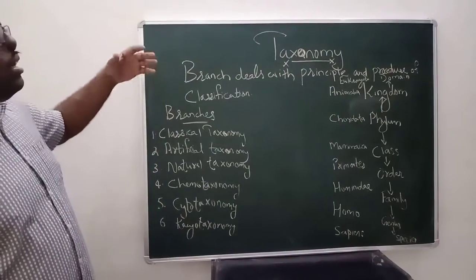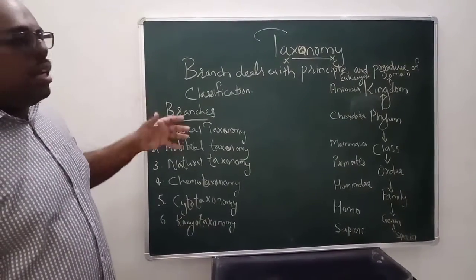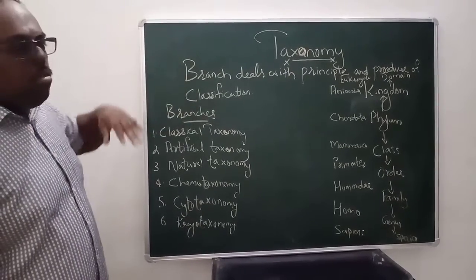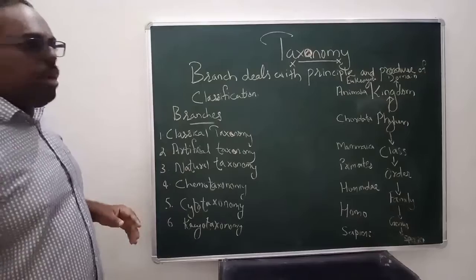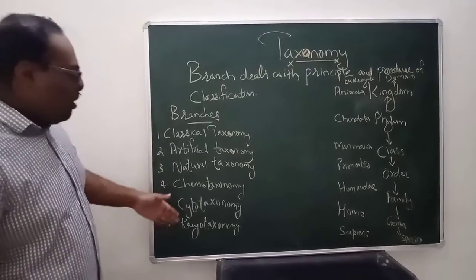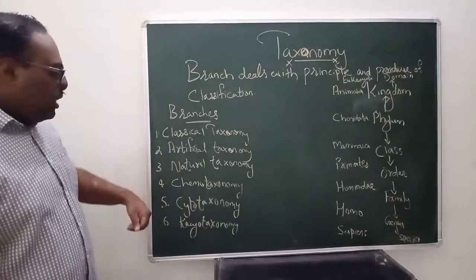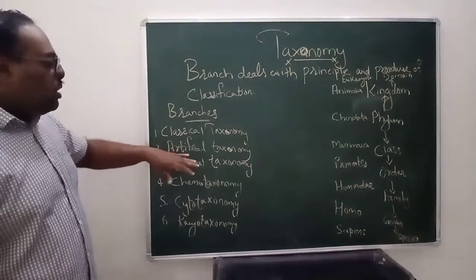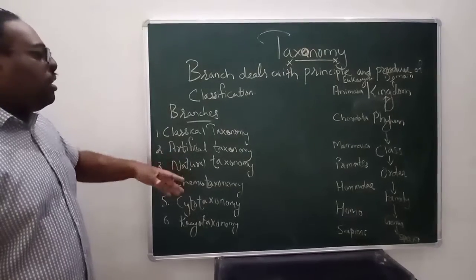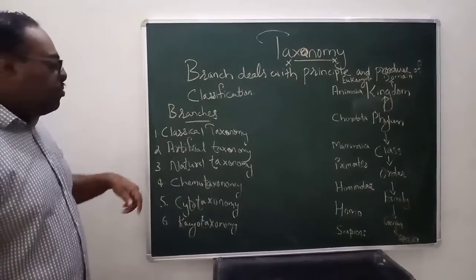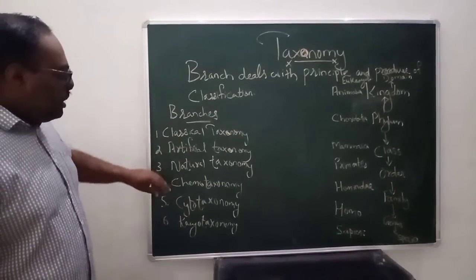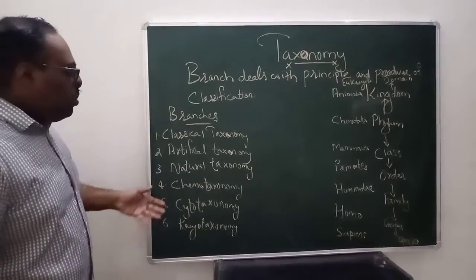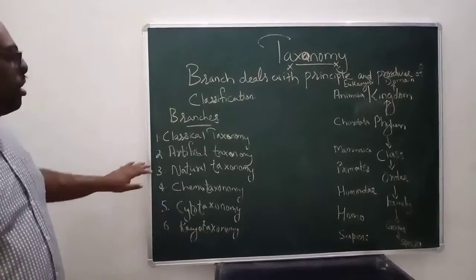So what are the techniques and terms the scientists usually use to do taxonomy? There are a lot of taxonomies, that means taxonomy has a lot of branches. A few of the branches I have written here, like chemotaxonomy, cytotaxonomy, and the natural taxonomy system that is coming in plant classification. We'll study that. There are 8 to 10 branches, and among them I have written only the 6 most important. First one is